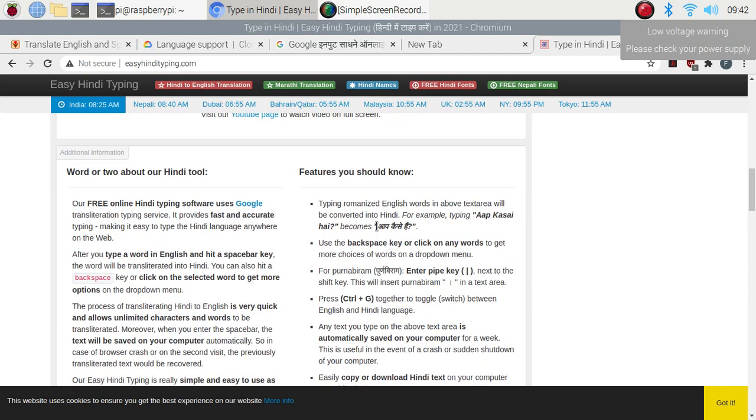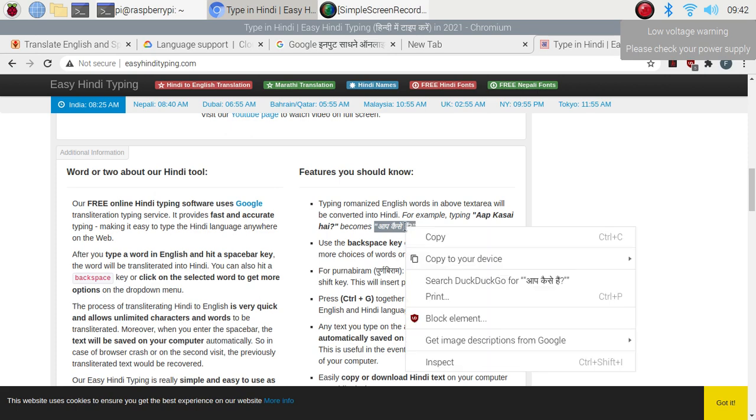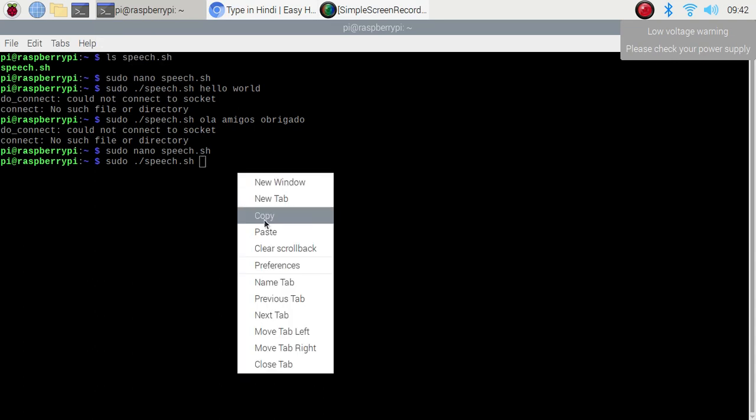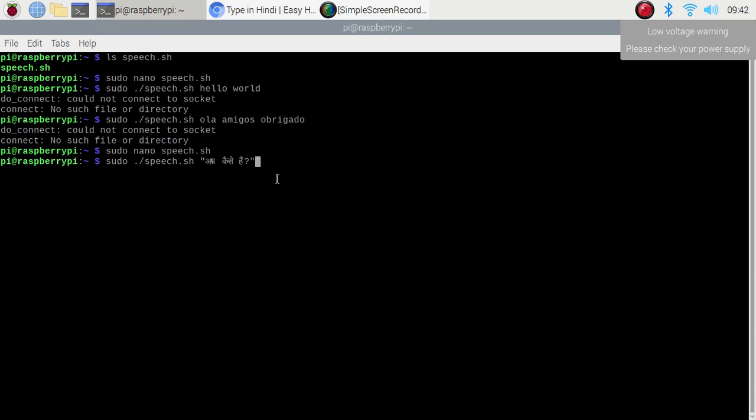Here it is: आप कैसे हैं? Copy the text in Hindi language and paste it. आप कैसे हैं? That's it, friends.